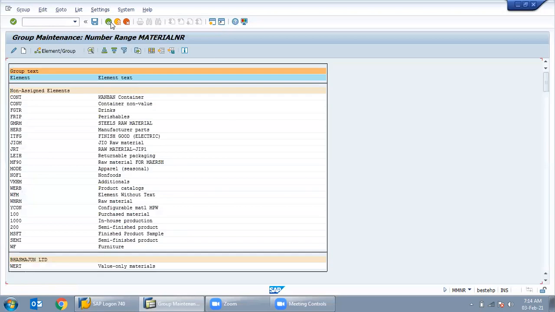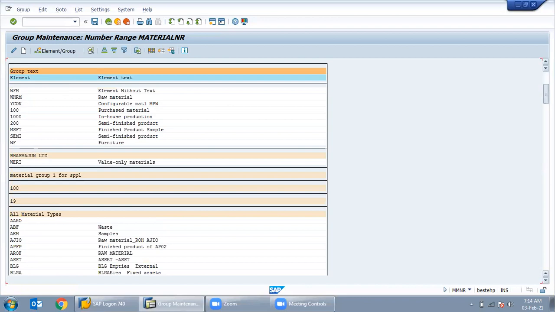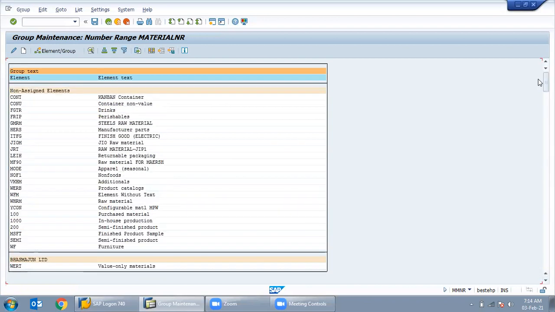Okay, now go back. Suppose yesterday we created two material types that are available here, Y002, not assigned elements. Where is our group?